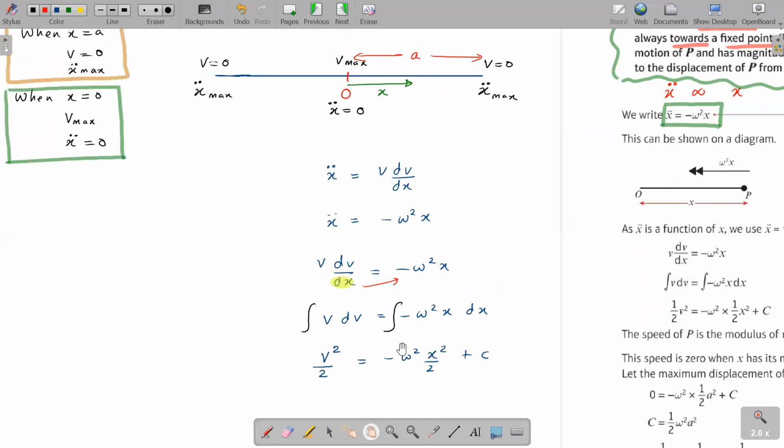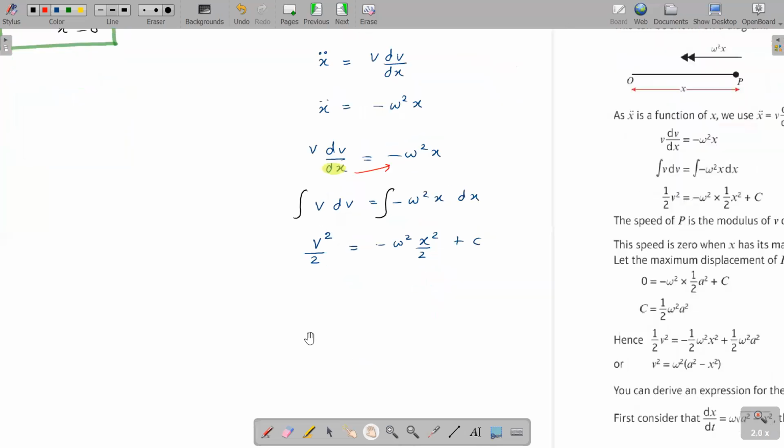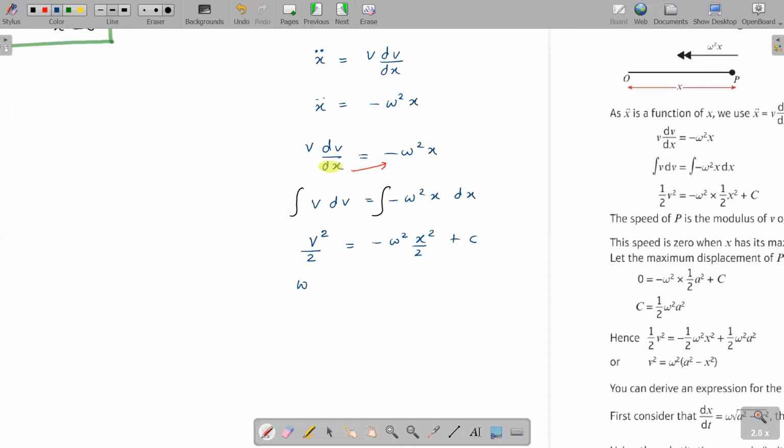So to find the value of c, I'll be using the condition that when x equals a, velocity is 0. Shall we use that? So when x equals a, the velocity is 0. Let's use that. So what do we get here? 0 squared over 2 equals minus omega square a square over 2 plus c. Do you agree? So then we get 0 squared over 2 is 0, equal to minus omega square a square over 2 plus c. So c is equal to